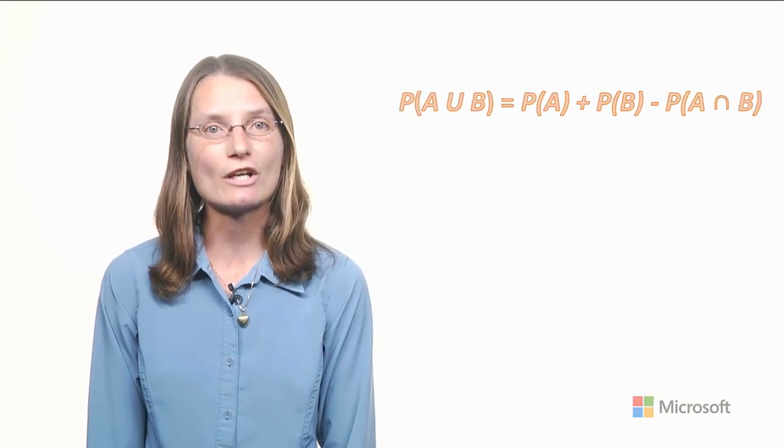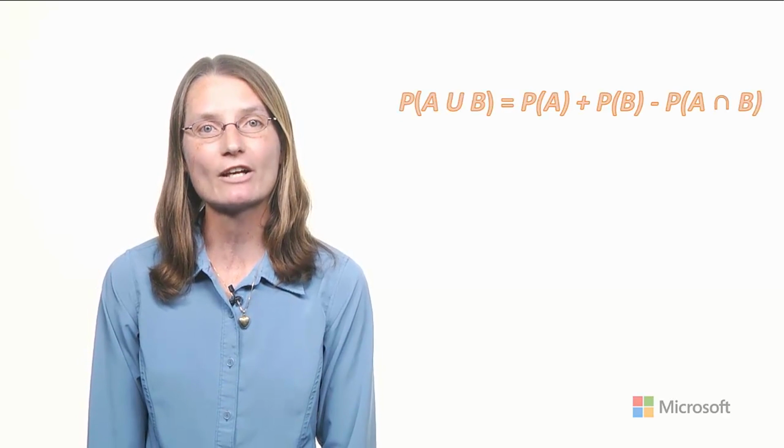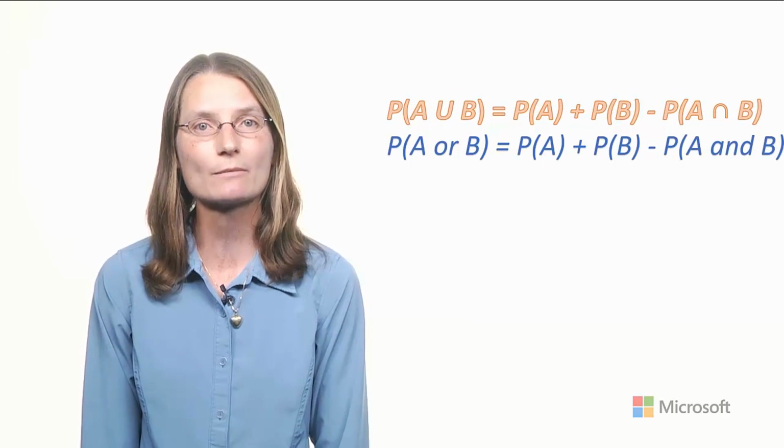Recall that if two events are mutually exclusive, they cannot occur together. However, independent events can occur together, so you need to account for the probability that each event could occur by itself and that they could occur together. As a result, you sum the probability of each event occurring by itself, and then you subtract the probability of